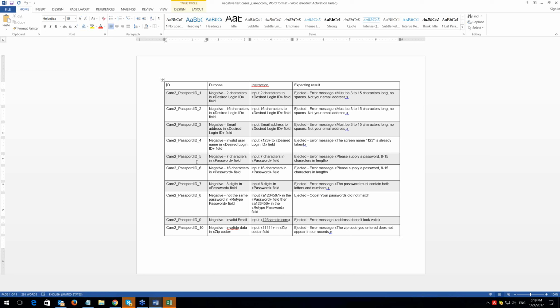And negative test cases. Purpose: negative, 2 characters in the desired login ID field. And why? Because we have an instruction there that the desired username or login ID should be 3 to 15